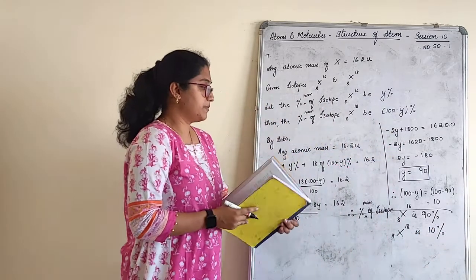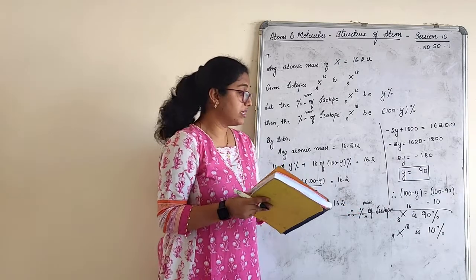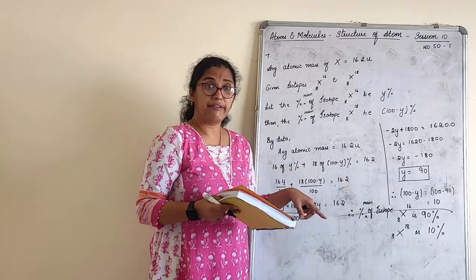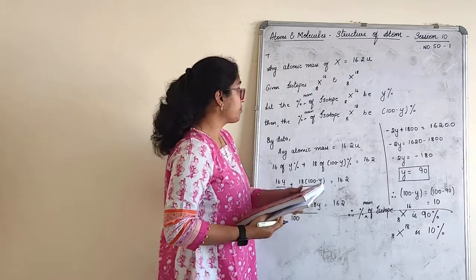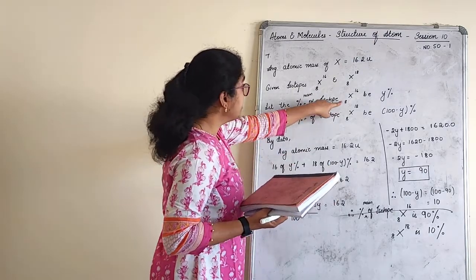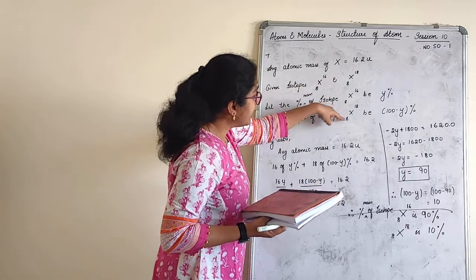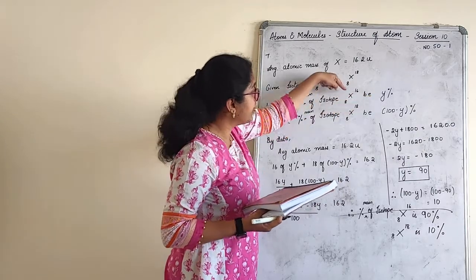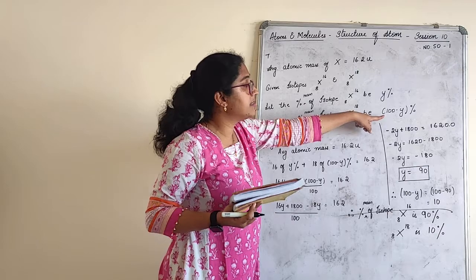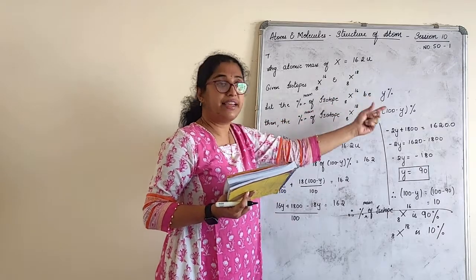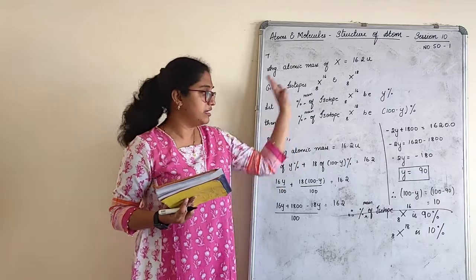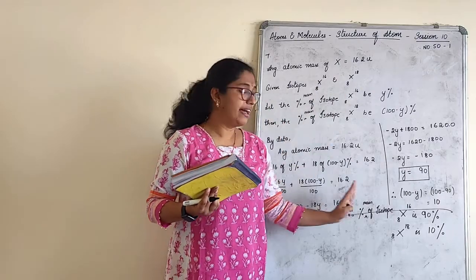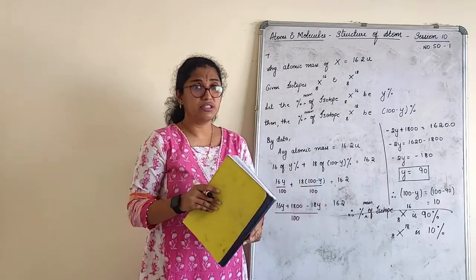Children, it depends. In the book, what you see is 10 and 90%, and what I have got is the reverse, but it depends on how I have taken the percentage value. Suppose I assume that the isotope X 8 by 18 is y and 16 is 100 minus y%. The other way, I'll get 90 there and 10 here. That's all the difference. So I have solved as I have written. Very clear on this concept?